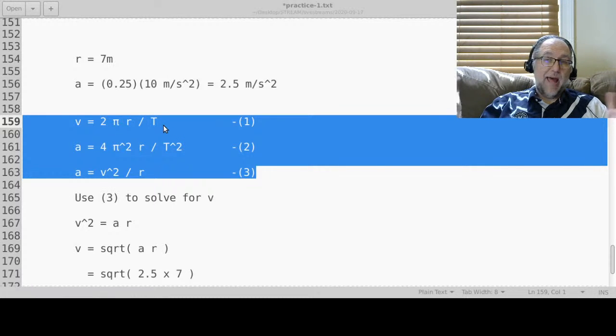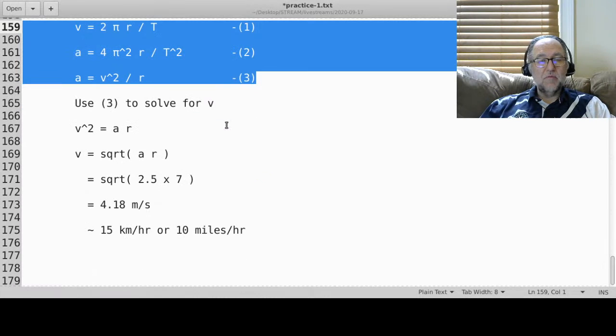Now, I'm not even making a full lap because I'm just going around the corner. Okay, so I didn't even ask about the period, but there it is. Okay, so velocity is related to r and T through equation 1. The acceleration is related to r and T by equation 2. And then finally, the acceleration, velocity, and radius are related to one another with equation 3. Okay? And I don't give you any information about time or period in this problem. So it's pretty obvious that you use